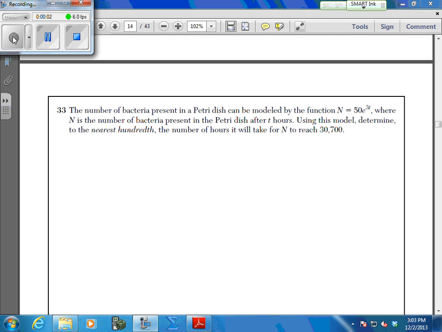Okay, to continue, January 2013. We'll start with number 33. The number of bacteria is modeled by this formula. Now, watch what they do. N is the number present after, so at the end, T hours. T is your time. Using this model, and circle this because you need to come back to this, find the